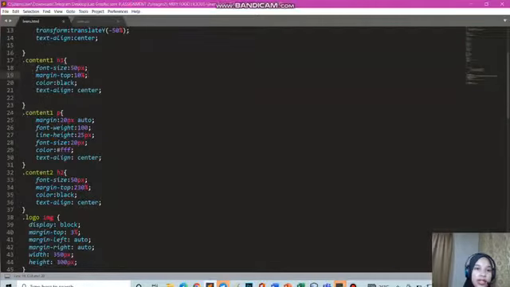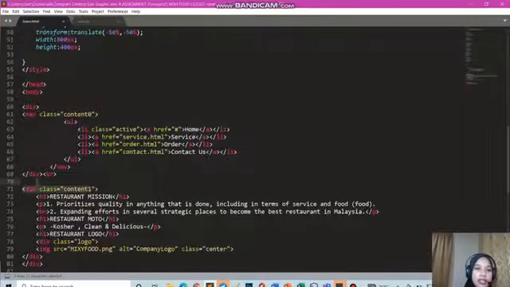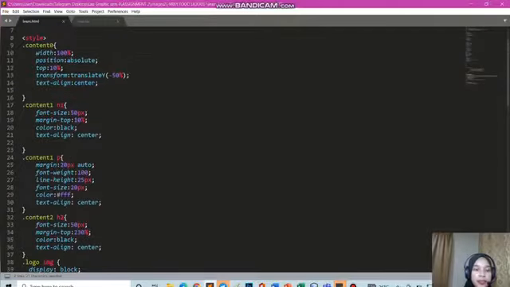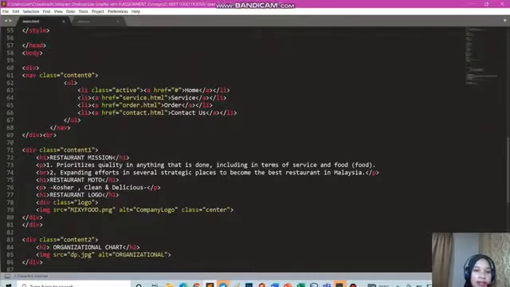For content 1, H1, content 1 is a class. When you see here, class is the attribute, and content 1 is the name of the attribute. Why do we use this? This is to make it easy for the computer to identify the font or the words that we write inside Sublime Text. For this one, we use content 1 H1. Content 1 H1 is specified for restaurant mission, restaurant motto,